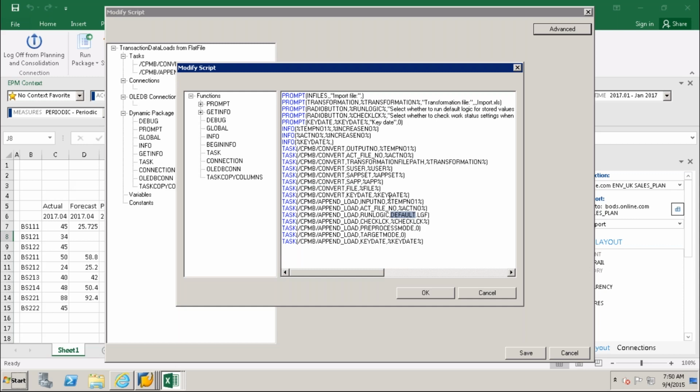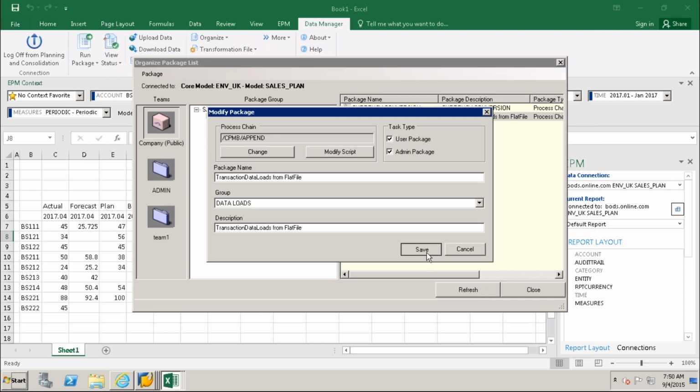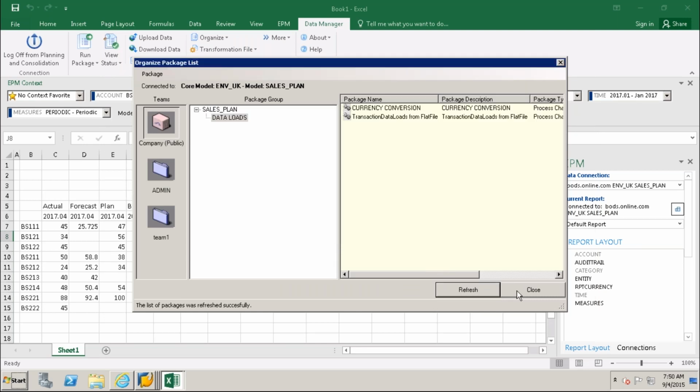But if you are giving the default.lgf, that means you are hard coding this data manager package with the default.lgf to run. Okay, so just I'm keeping okay and save, refresh.